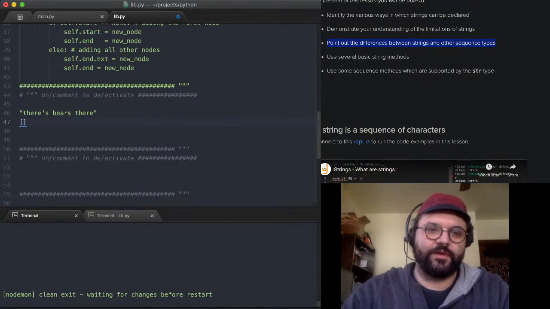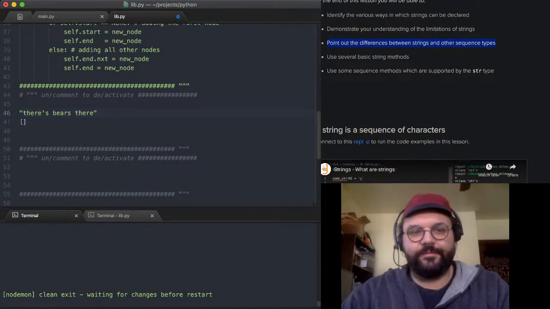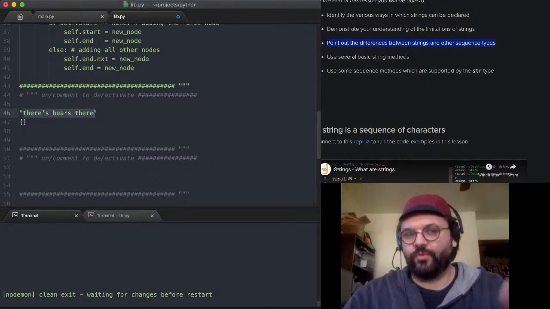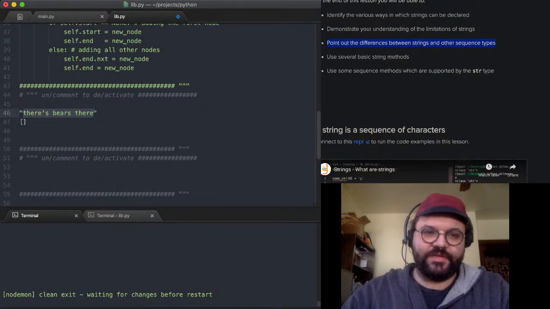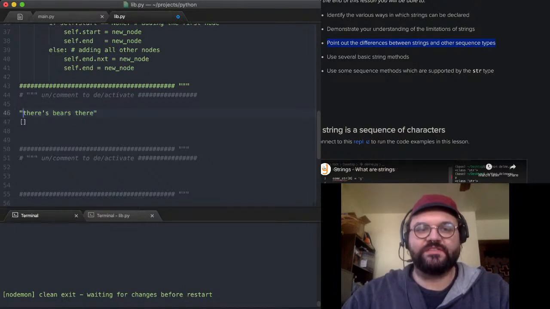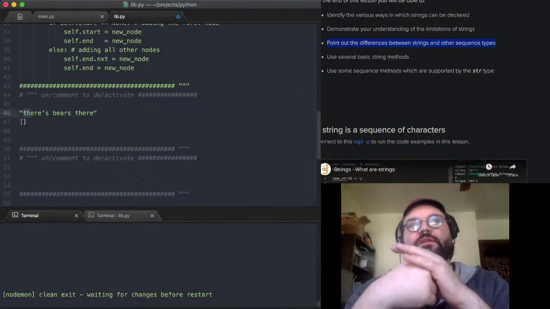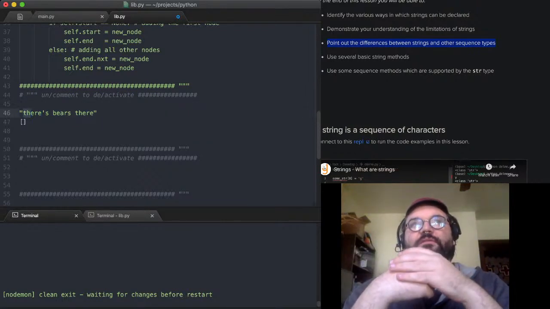So a string is one. We can think about a sequence as being just a collection that has an order. Having an order means that it's always the order that elements are placed in that collection